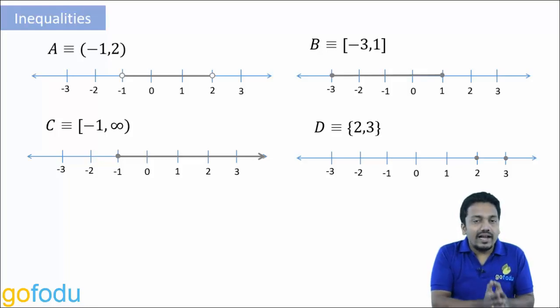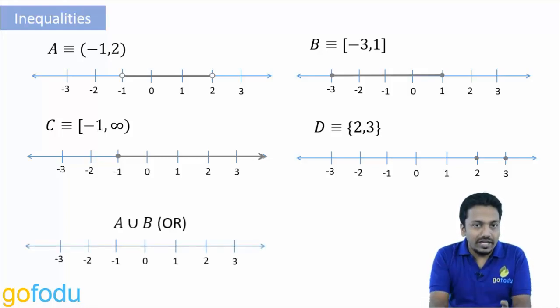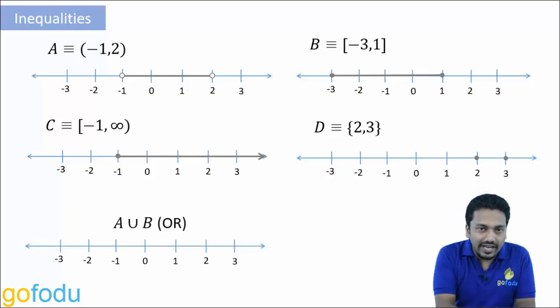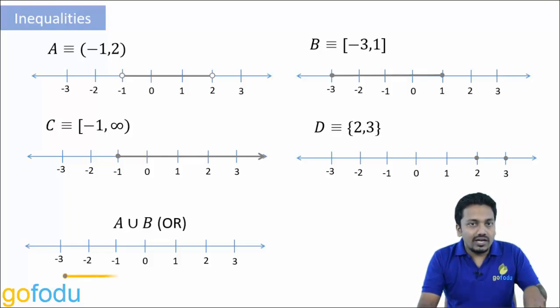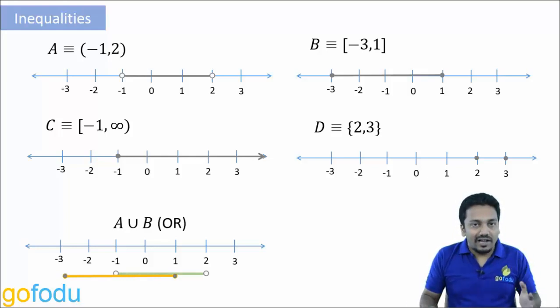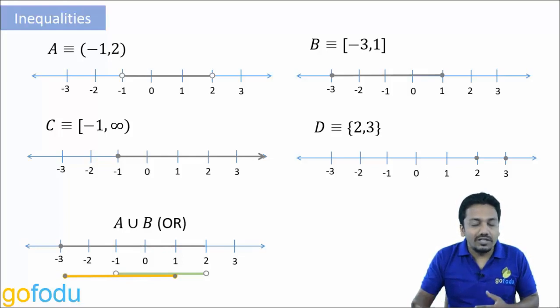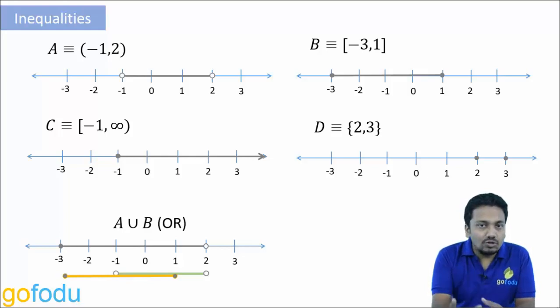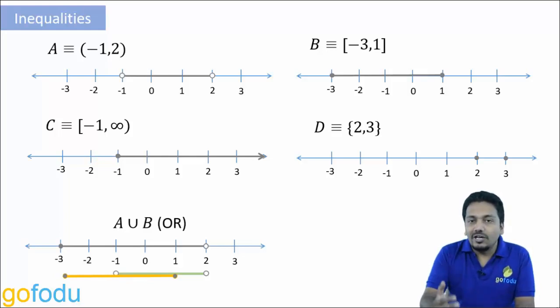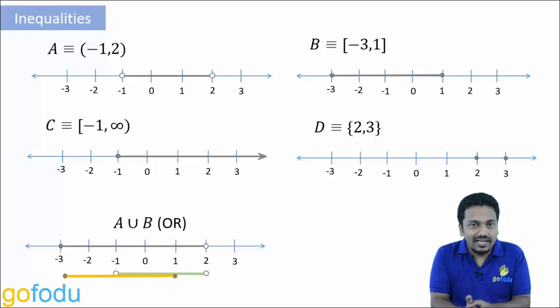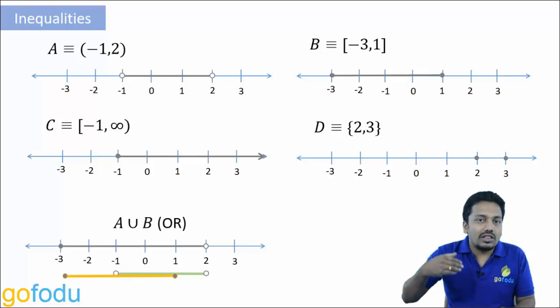If we have to take union and intersection of these ranges, A union B, this simply means all the elements of A plus all the elements of B. So I can draw both on the number line and the entire region covered will be the union. So the extreme left or the minimum value will be -3 with filled circle and extreme right will be 2 with an open circle. Union also means OR. A union B means values shown in A region or values included in B region. So basically it is all the values in A plus all the values in B.